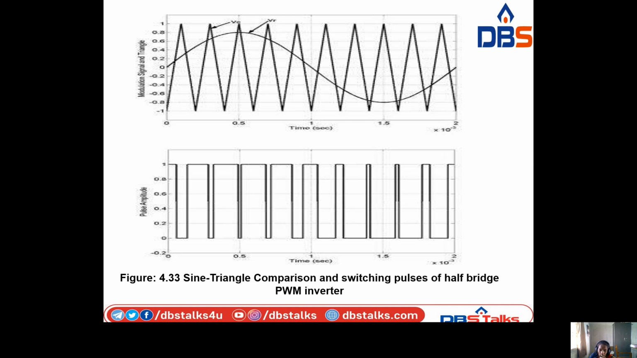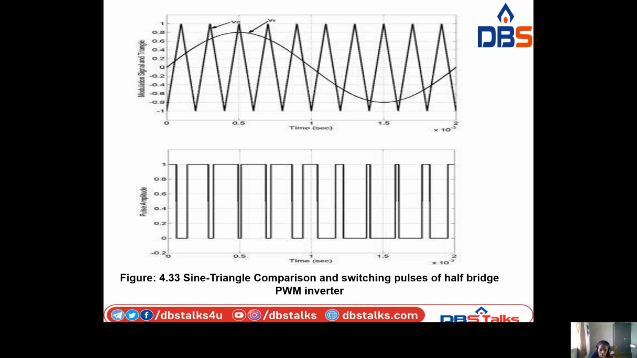So here is the sine triangular comparison and switching pulses of a half bridge PWM inverter. The sine wave is compared with the triangular wave. This is the modulated signal and this is the triangular waveform. The magnitude of the carrier will be VC, and this is the reference, which is sinusoidal. Whenever we compare the triangular wave with the sinusoidal of desired frequency, a high frequency modulation is obtained. Okay. So next,